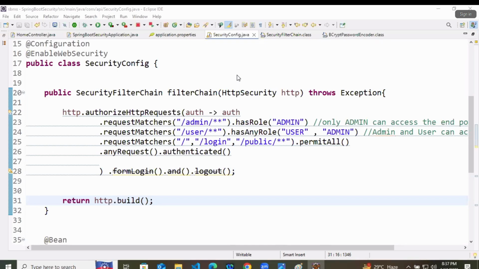Now clear? Okay, fine. So here we'll just check the endpoints. Admin has role admin.